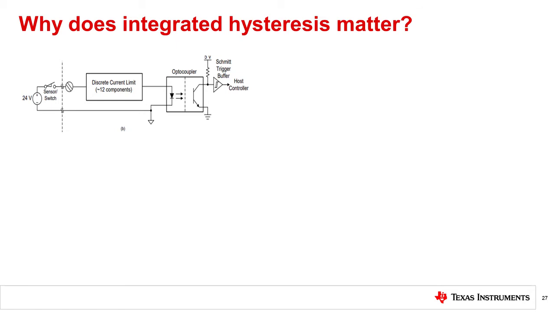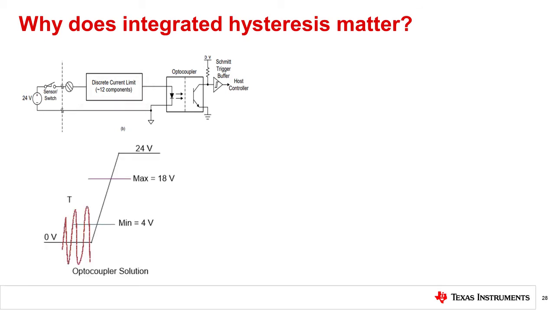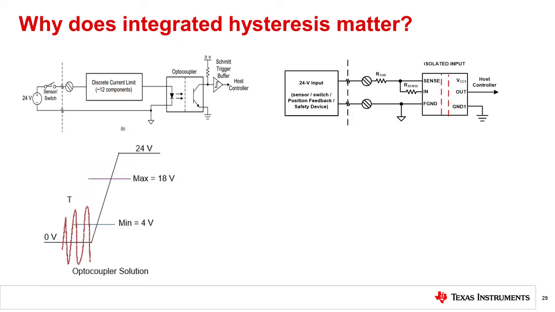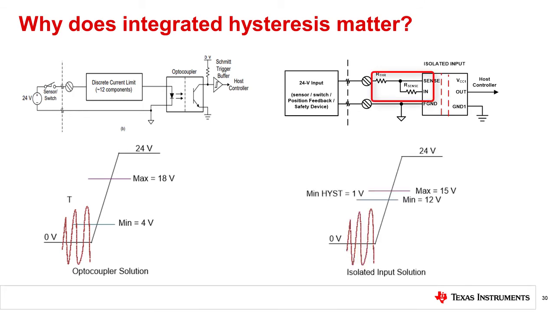This circuit shows a common optocoupler solution for an isolated digital input that uses several discrete components to implement a current limit and controlled voltage thresholds. Using this complex solution typically requires a Schmitt trigger buffer after the optocoupler to provide hysteresis for noise immunity. The additional hysteresis is required to account for part-to-part skew, which is common to optocouplers, in order to prevent noise signals from triggering an output error. Isolated digital inputs include hysteresis circuitry that is typically set by an external resistor, which ensures a more accurate window of input detection.